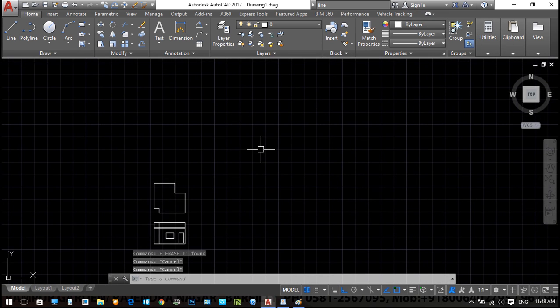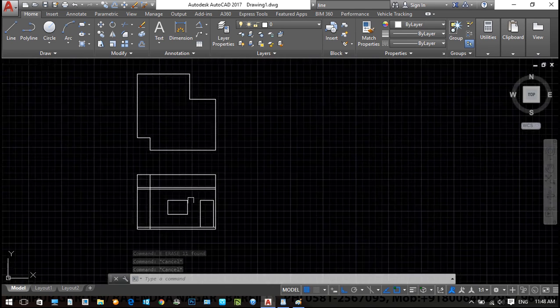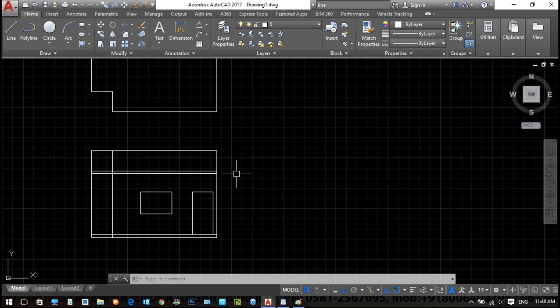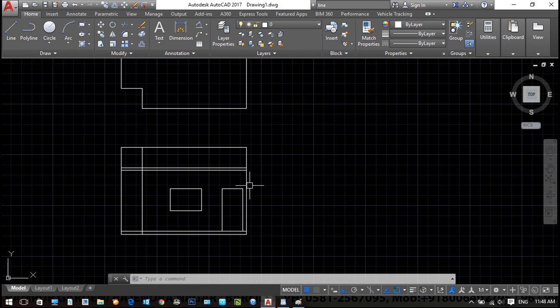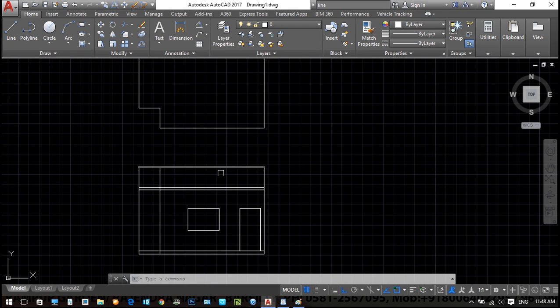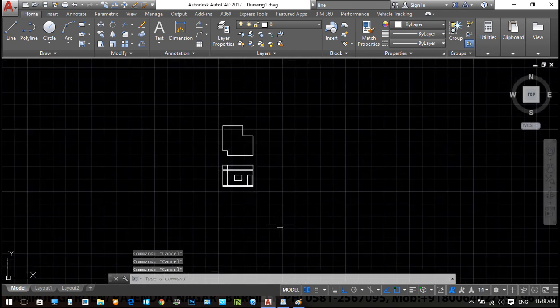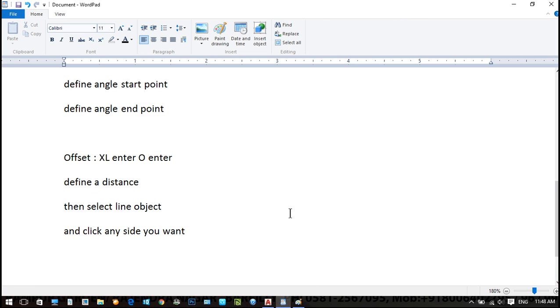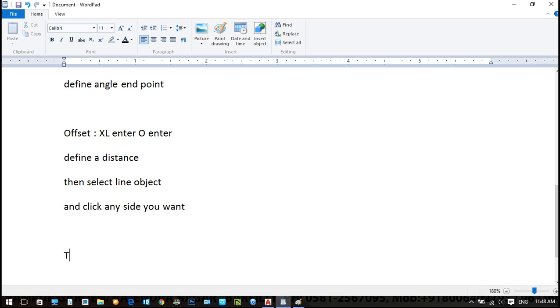So this is the condition to create trimming. Right? So why don't we always utilize TR single enter? Okay, in this type of condition we don't utilize TR single enter because we don't know how long the boundary is. So in that case we utilize TR enter and then we can trim that geometry as much as we need. So there is a difference between TR single enter and TR double enter. So basically we utilize TR enter or TR space enter, and enter and space are both the same.